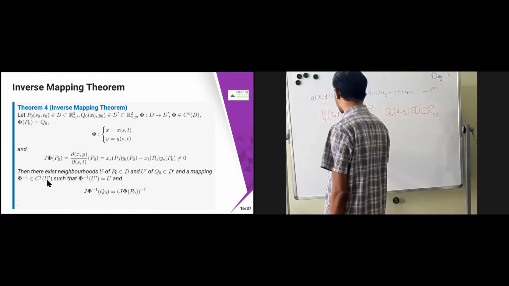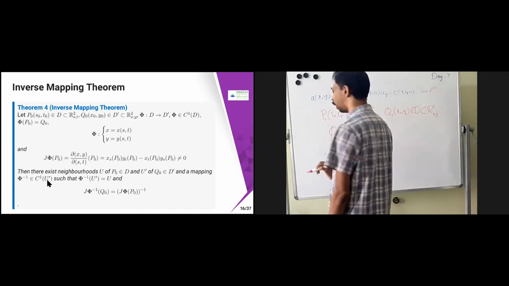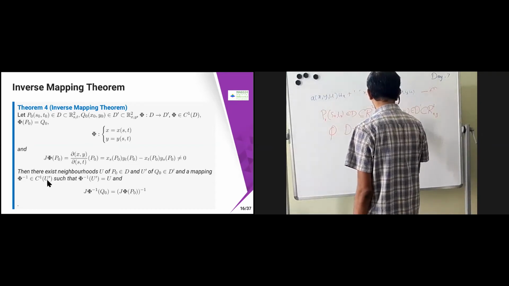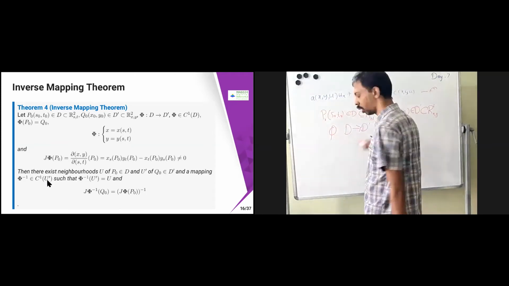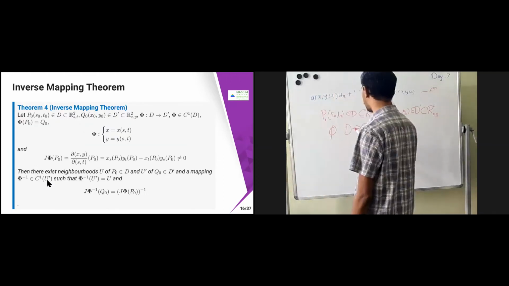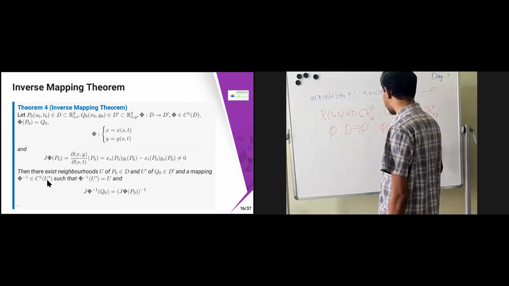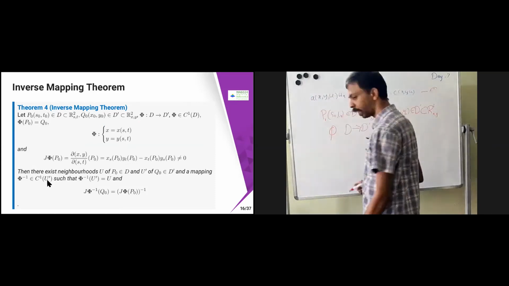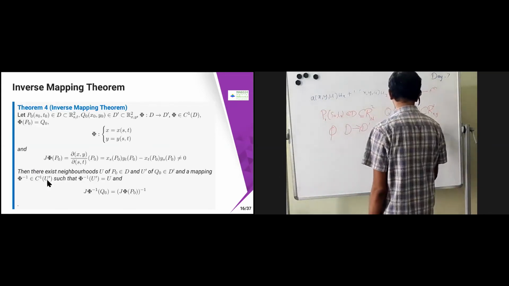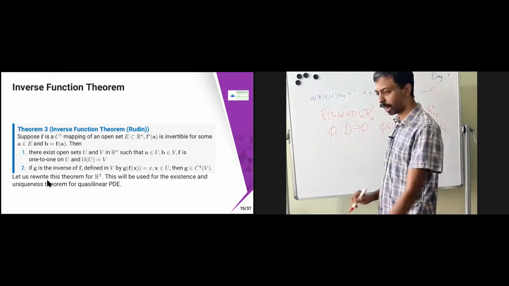Now you have a function pi from D to D dash, with the condition that pi belongs to C1 of D. It is almost the same thing we did before, where F is a C1 mapping; instead of F, I am just taking pi. It is given that B is equal to F of E, which I am just going to write as pi of P naught equal to Q naught. I am just trying to match whatever we got.